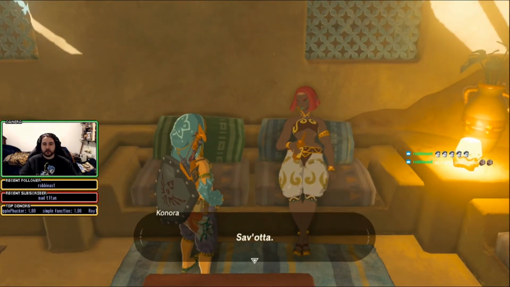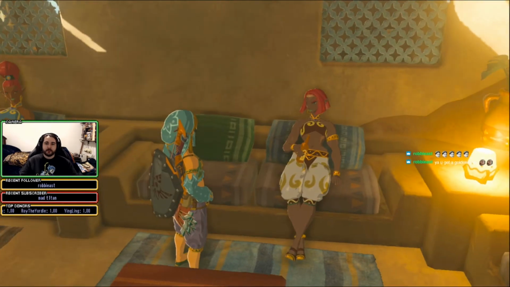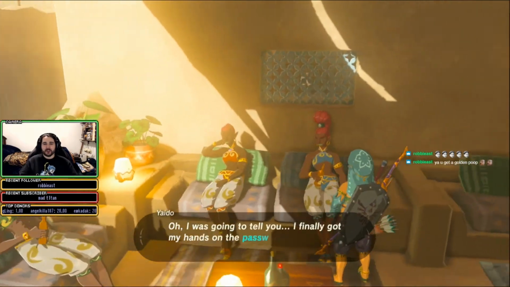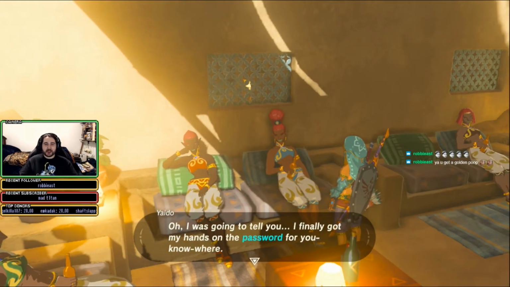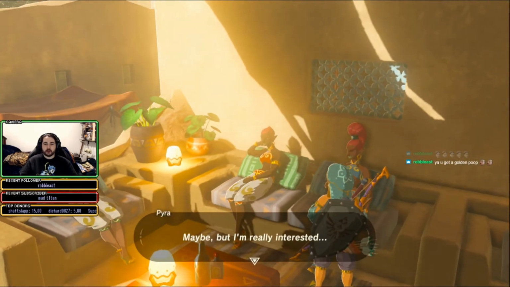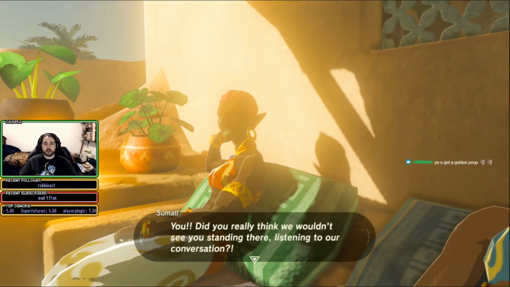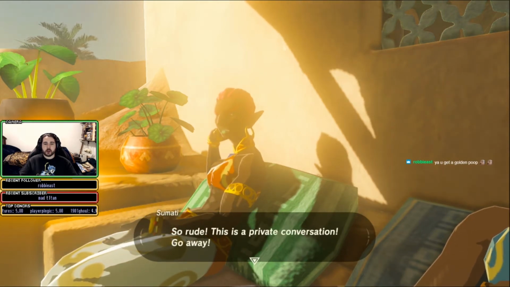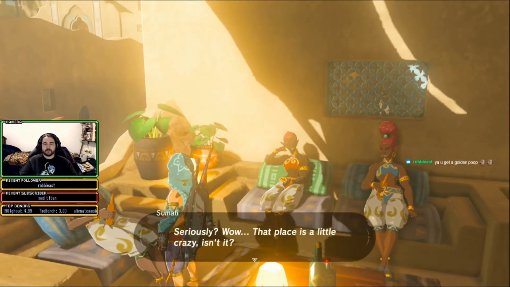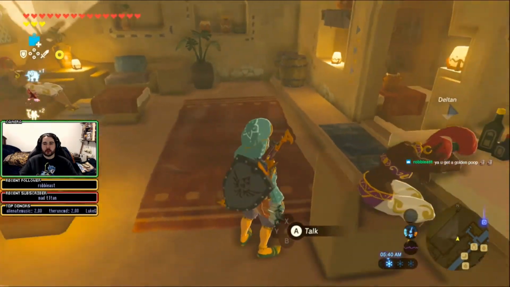What is this? Savota. Thanks to that divine beast, I've been unable to get home for so long that I had forgotten my actual address. Hey, this isn't a joke. So all these girls are just daytime drinking. Hey, I was going to tell you, I finally got my hands on the password for you know where. Seriously, wow, that place is a little crazy, isn't it? Maybe, but I'm really interested. Anyway, the password is... Wait a second. You, did you really think we wouldn't see you staying there listening to our conversation? So rude, this is a private conversation, go away. I was going to tell you,